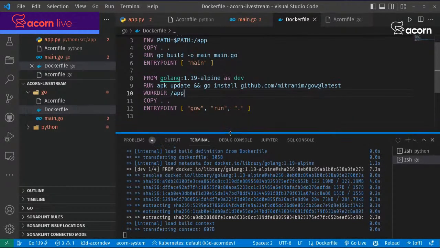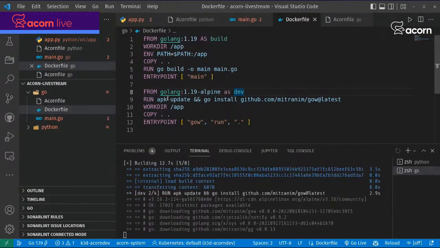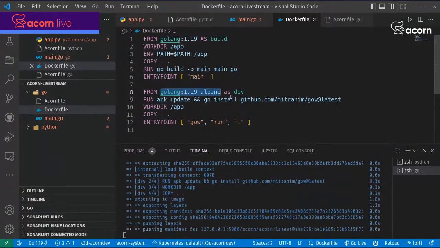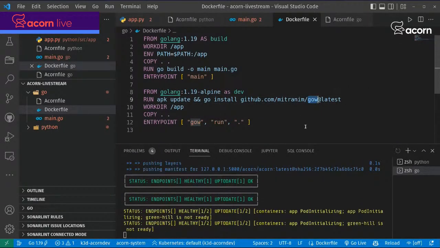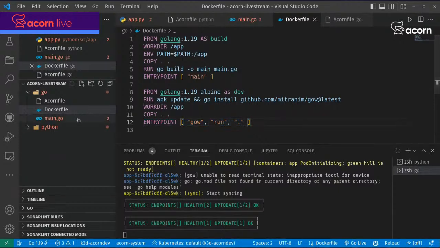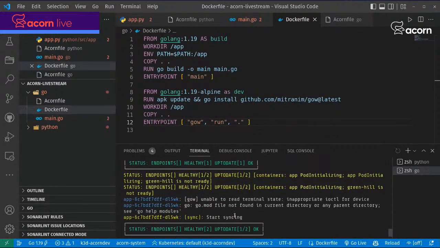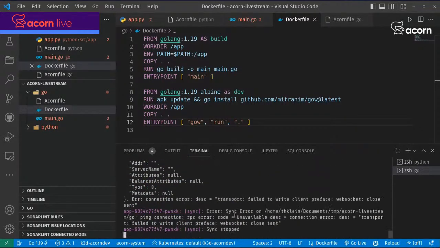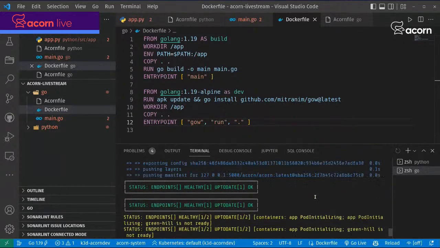And we just define another target in our Docker file, which is the dev target. The dev target is also just a Go image in which we install the Go module and run that. What it will do is just watch the local file system and then run our main.go file. So it does the same thing. Oops, we get some output here. That shouldn't matter too much. Should